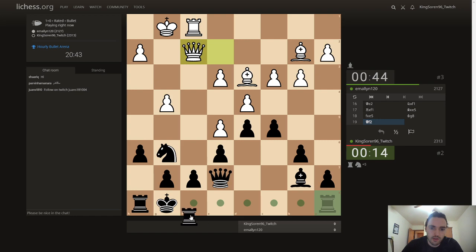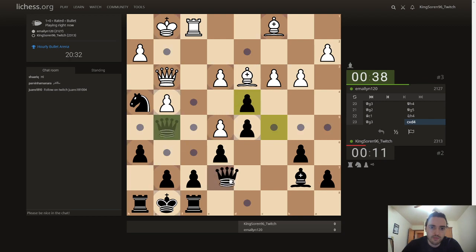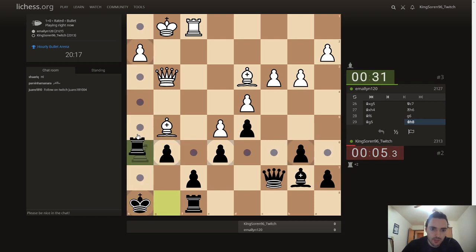Just running our king around. Let's get our rook over. Is he gonna trade queens? It's not. Here attacking the queen though. Gotta watch out. I gotta watch out. This is probably not going to...